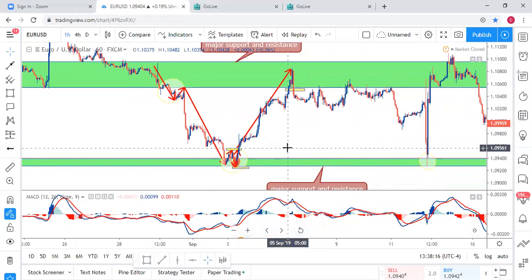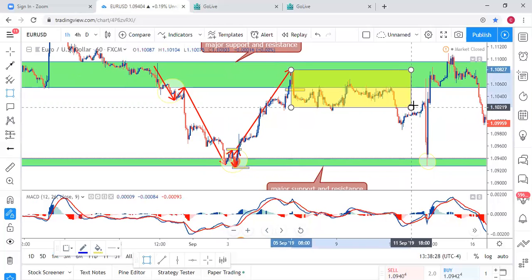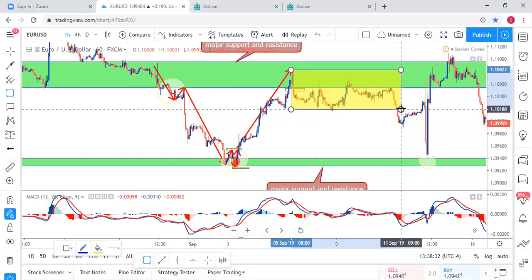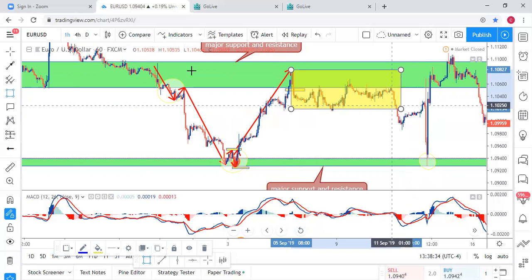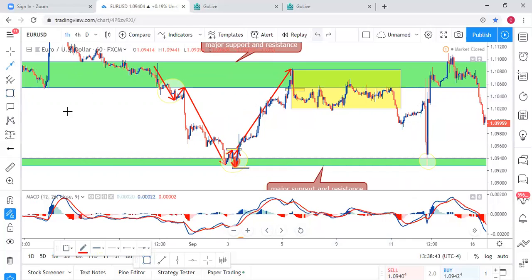So what you want to do, I want to show you why you would have gone into this trade, right? Because basically it is consolidating right now, right? It isn't going up or down, right? This particular area, it's just going sideways. So with that happening, sorry about that. With that happening,